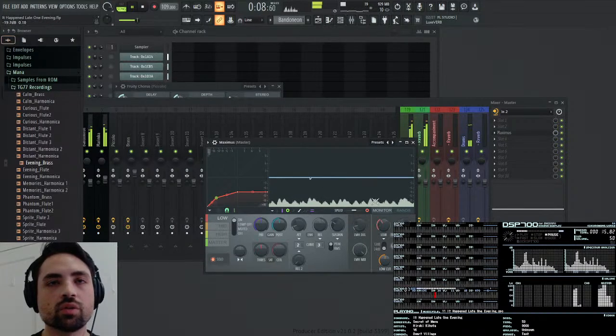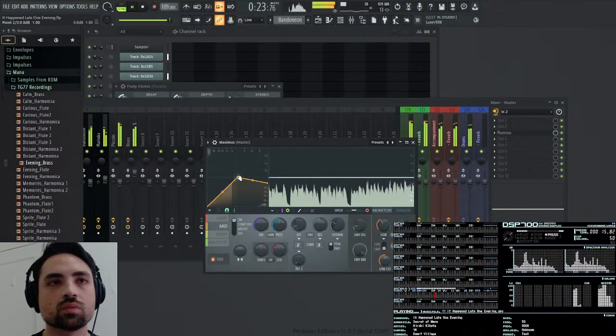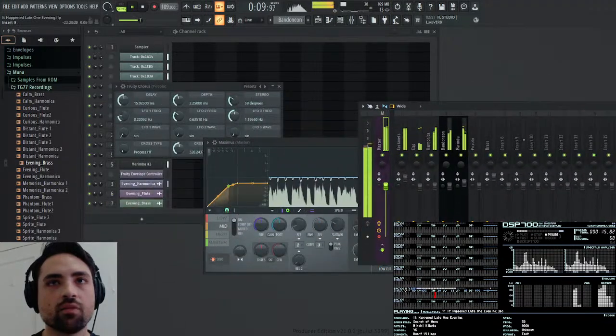See, it's not triggering right now, but in the heavier sections it will. Yeah, this part. Nice. And now in the middle, maybe we can have the harmonicas be lower.